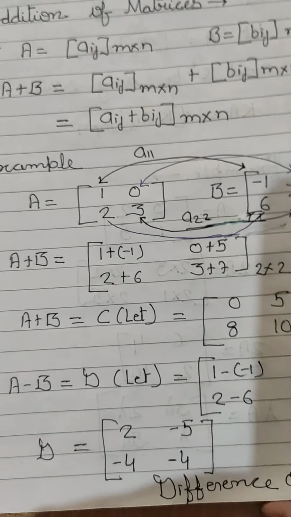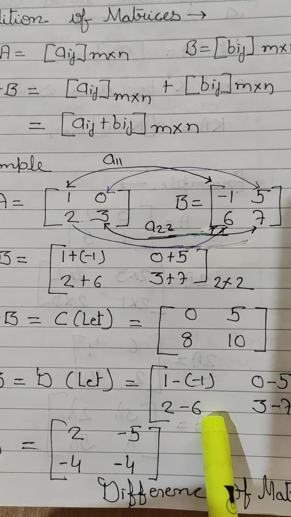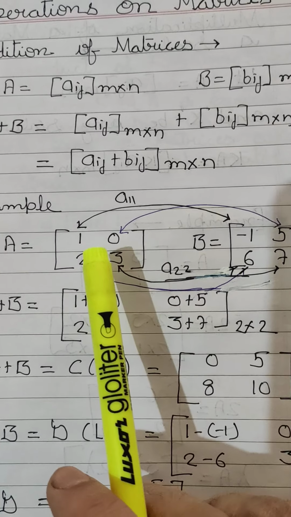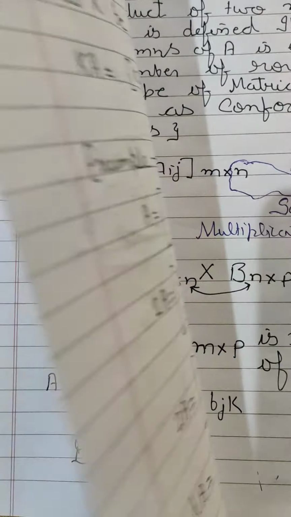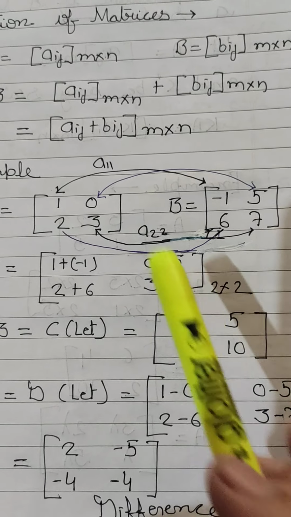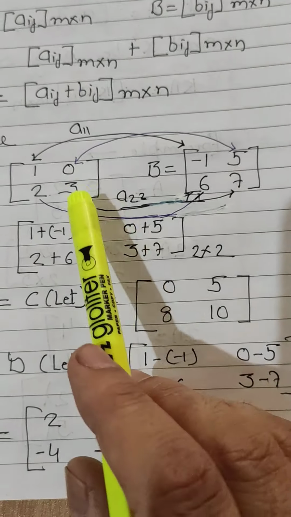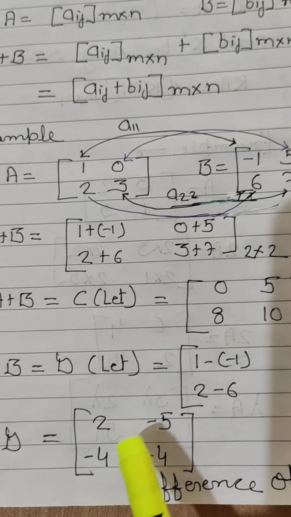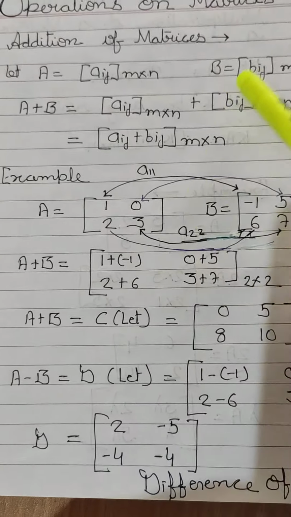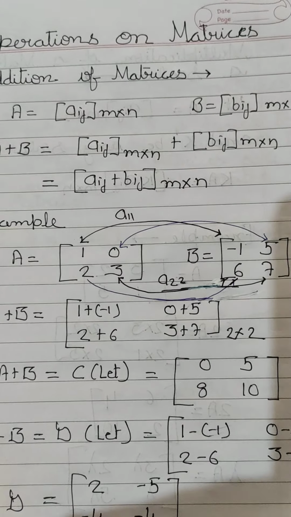So C is equal to this, you can give some other name. Now subtraction, in the same way we do subtraction. Subtraction of two matrices is defined when they are comparable, that is, the order is the same. Like addition, we add or subtract the corresponding elements, whatever sign is given. Now the subtraction sign is there, so we are finding the difference of the matrices. So we find the difference of corresponding elements: 1 minus minus 1, 0 minus 5, 2 minus 6, 3 minus 7. Simplified, this is your result. You can give it any name. I am giving D, A minus B, the difference of the matrices. Please see the presentation. Don't put this arrow sign. This is for explanation, I have used it.